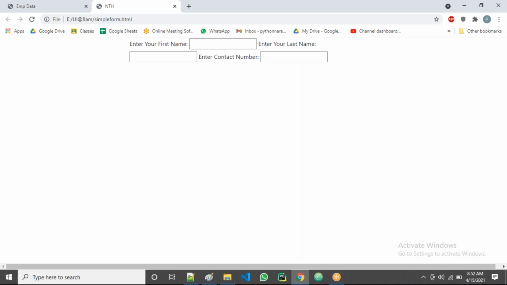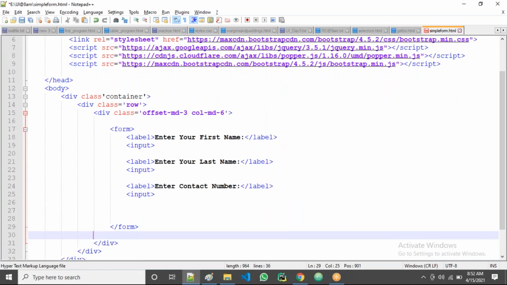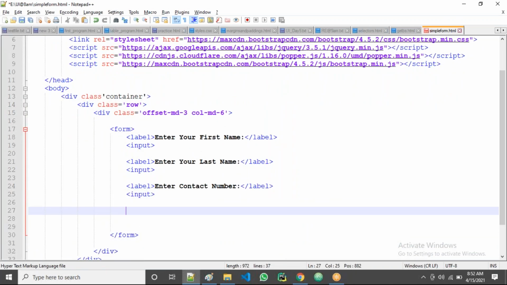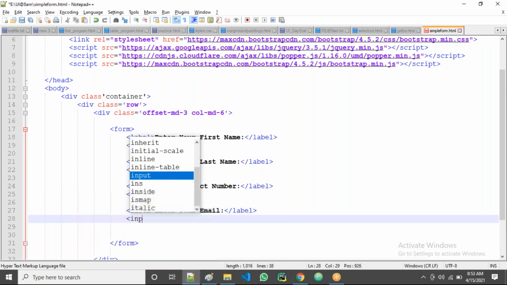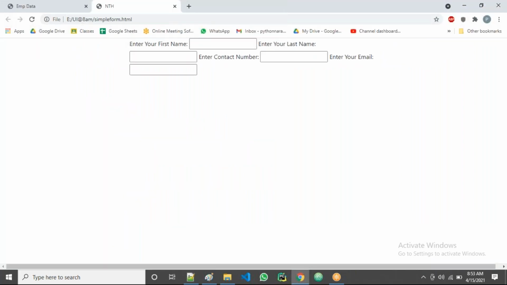Yes, input box came there, right? Now let's go with the next one or two more, guys. Okay, I'll take one more label, guys. So first name, last name, contact number. Enter your email, guys. For that, we'll take the input also. Yes, input also.